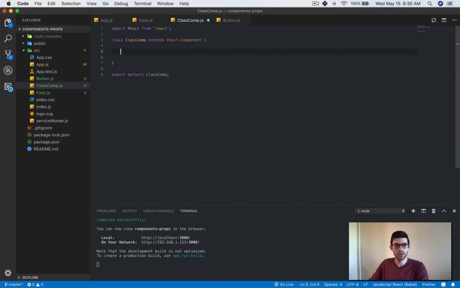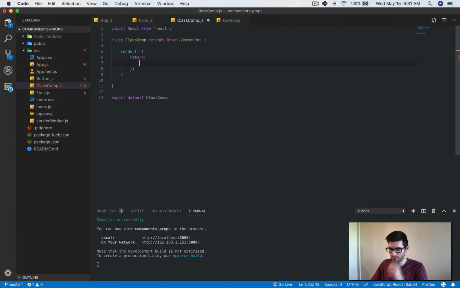Inside here, without getting too into detail because we're going to come back to class-based components, instead of just returning something, we need to render it first. That's one of the methods that class-based components use. So we're going to render, and then inside here we will return